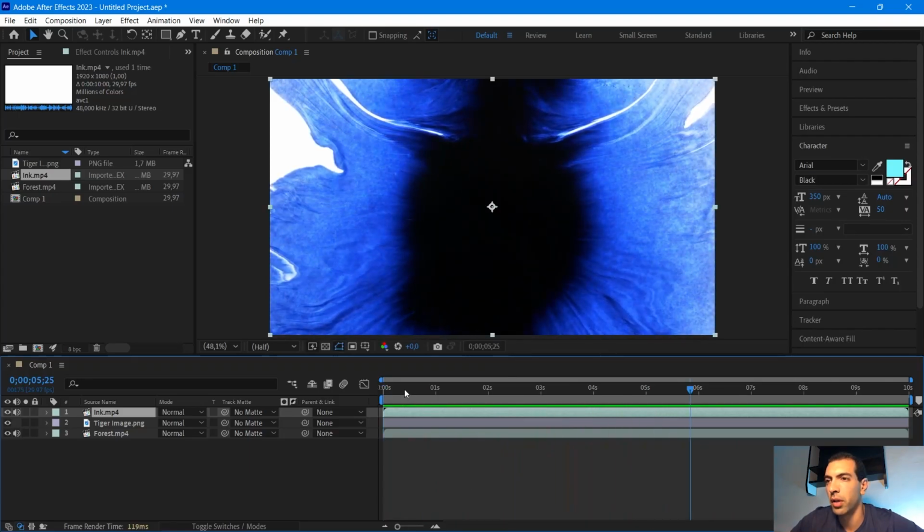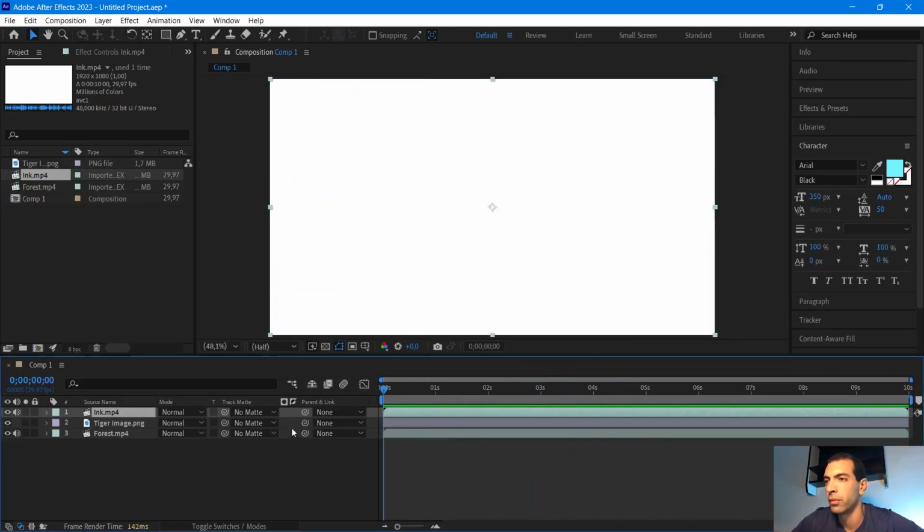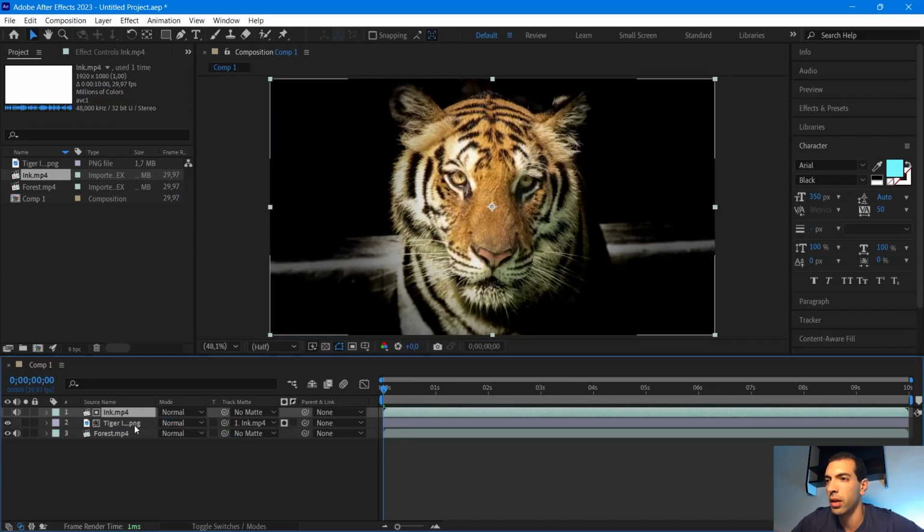What I'm gonna do now, I'm gonna apply a Luma matte and make the tiger appear in the middle here, right when the ink drops. To do that, I go to the pick whip here, track matte, click and drag, I go to ink and let go, and I click here so I can switch it to Luma matte. And now if we play,